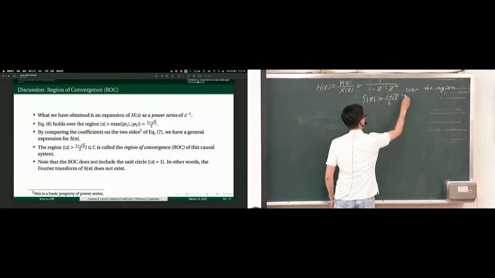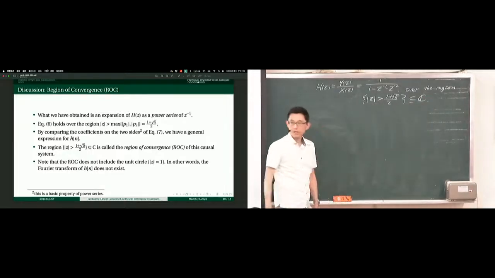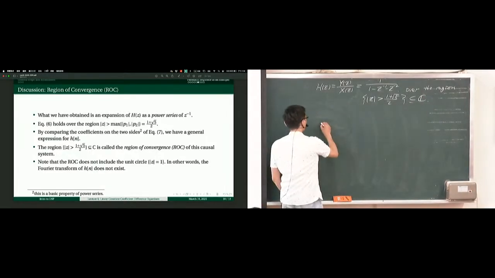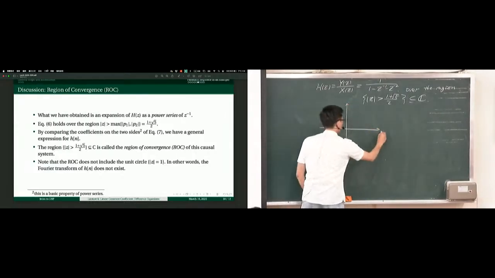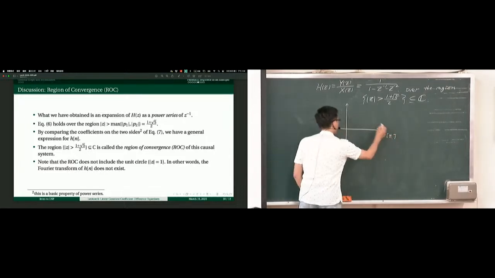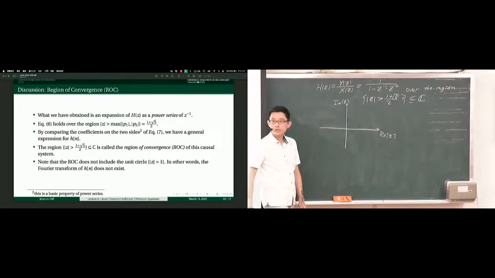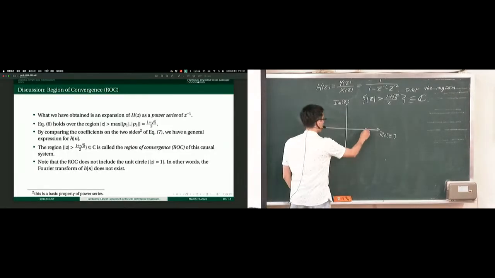And this is a subset of the complex plane, right? So this region on the complex plane is on the z plane with real part horizontally and imaginary part vertically. So this is outside the circle, okay? Outside the circle, which is centered at the origin with a radius of